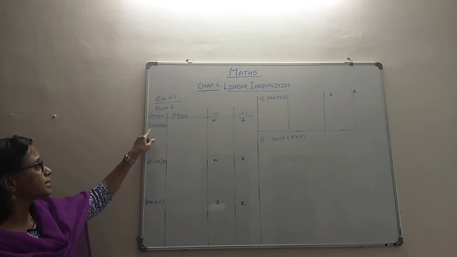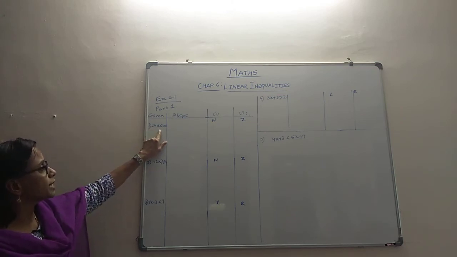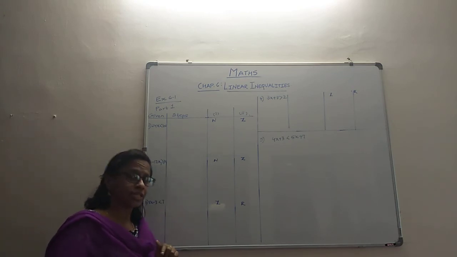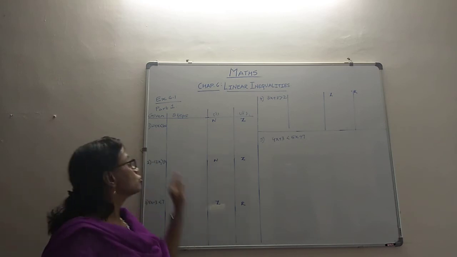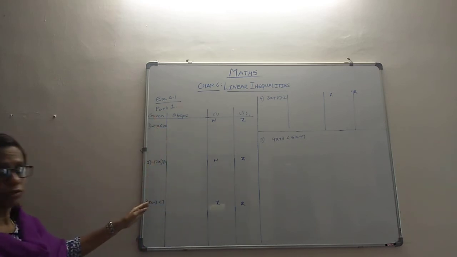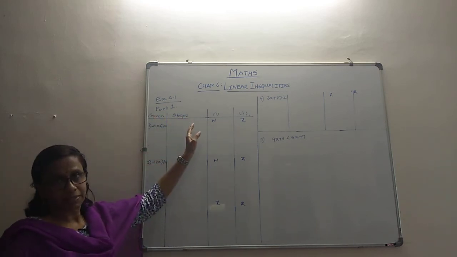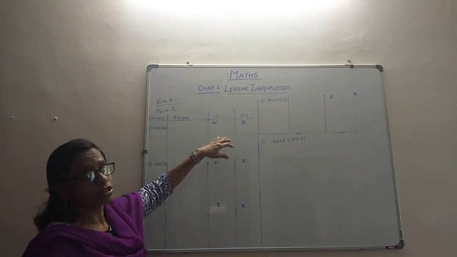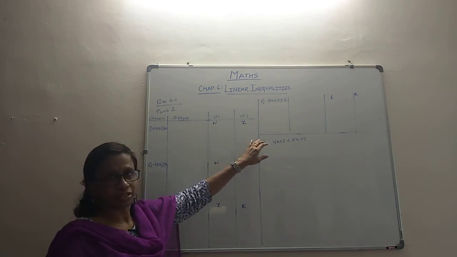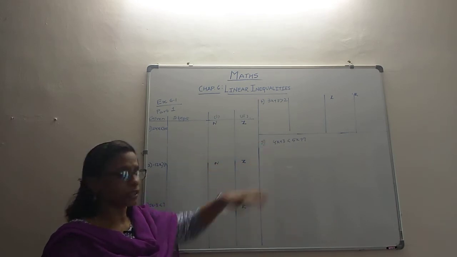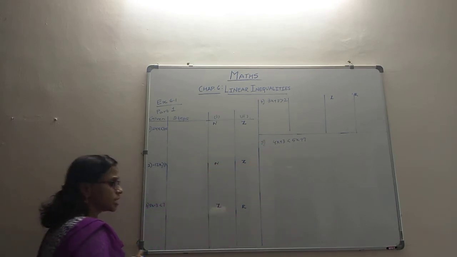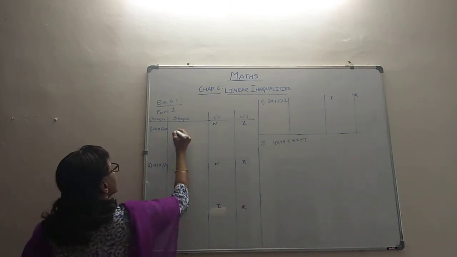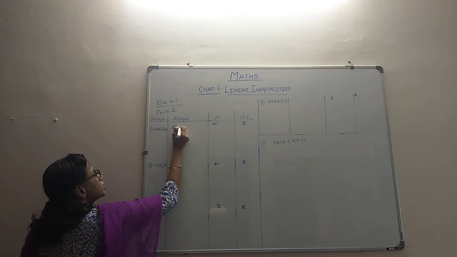Question number 1 is giving the inequality 24x is less than 100, and they ask us to find the values of x where this can happen. The first column is whatever they have given, the second column is steps where we work things out, and then they have asked us to find the solution in a certain collection, which we will write over here. So the first question is 24x is less than 100. We solve it exactly like how we solve equations.